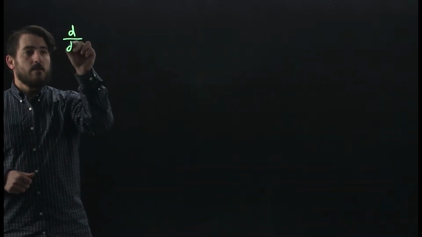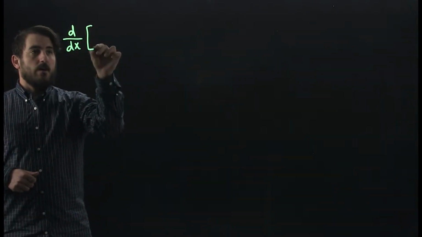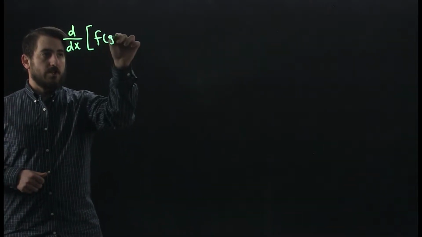Hello, today we're going to be talking about taking the derivative of a composite of two functions. The rule that we use to take the derivative of a composite of two functions is called the chain rule. Now we say the derivative of f composed with g of x